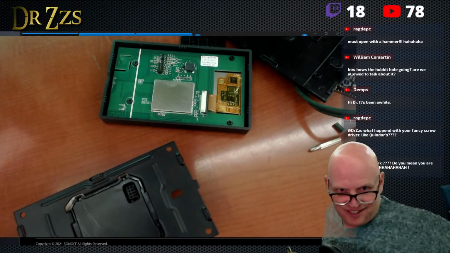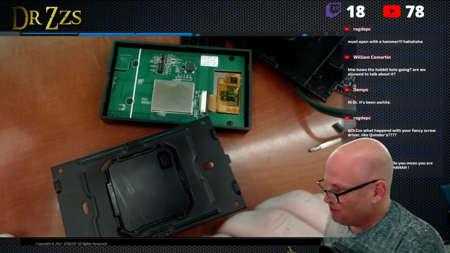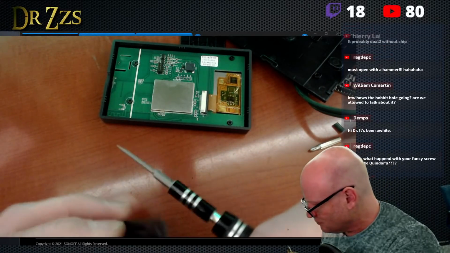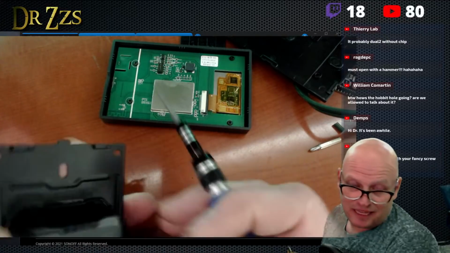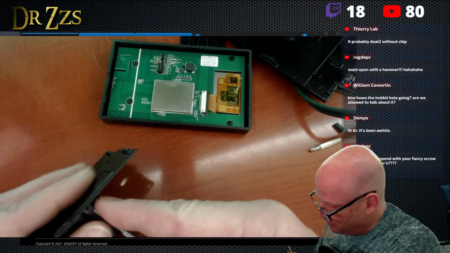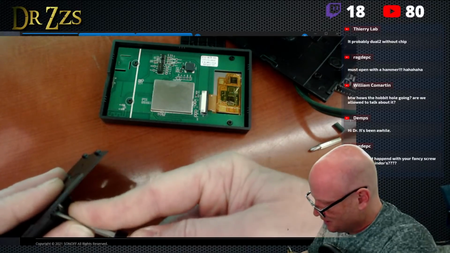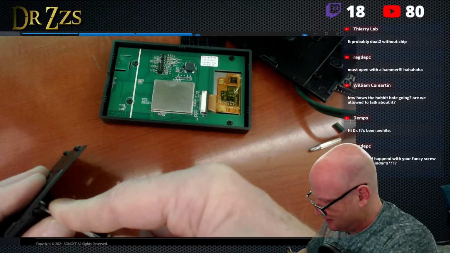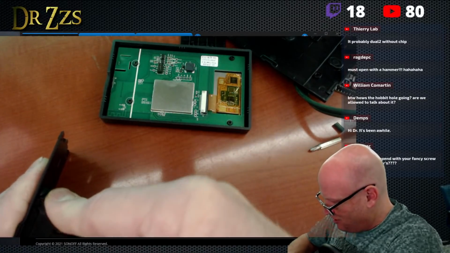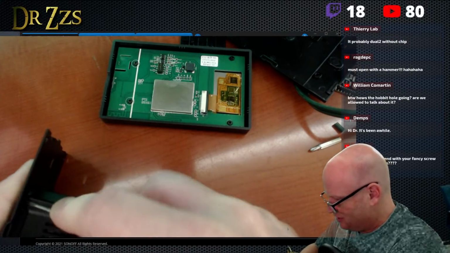Must open with hammer. How's the hobbit hole going? Are we allowed to talk about it? Yes, we can talk about it. Right now my awesome Reolink camera went down. I don't know if the battery went dead or what, but I can't show you any images. But I can tell you that the show is supposed to air, the most recent news they told me was October 18th, and it will premiere on, I believe, the DIY network, and then there will be reruns on the Discovery Channel.